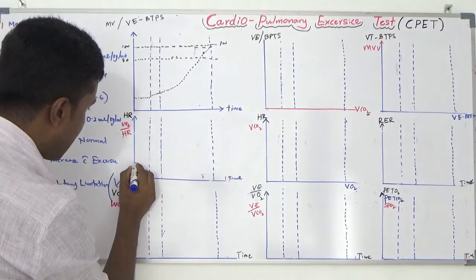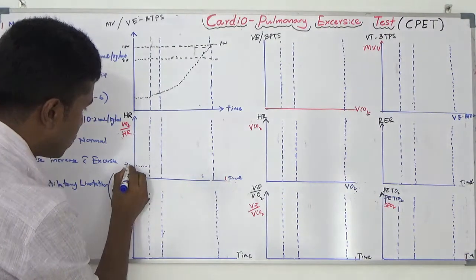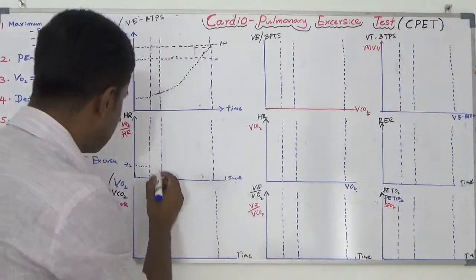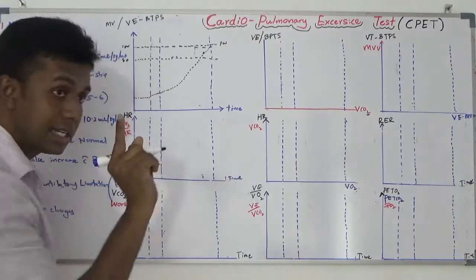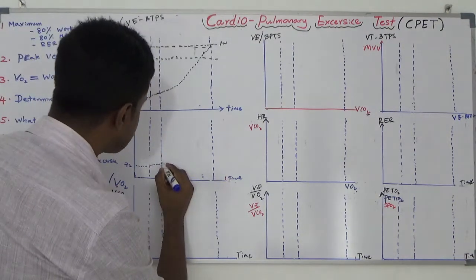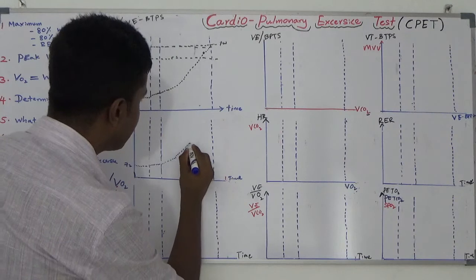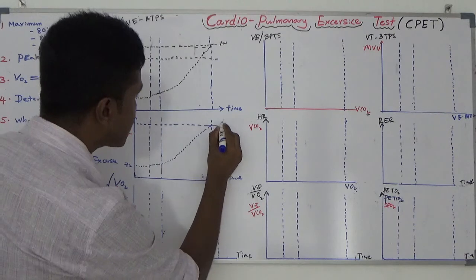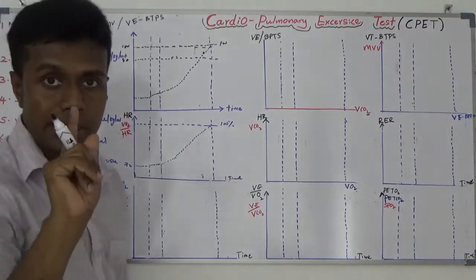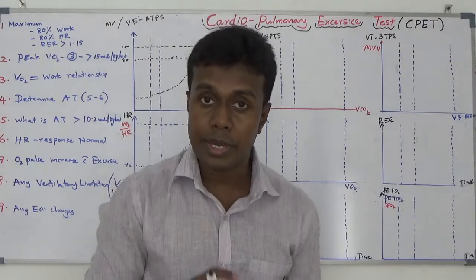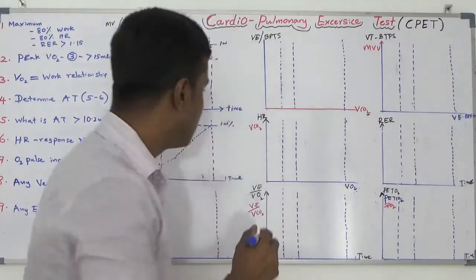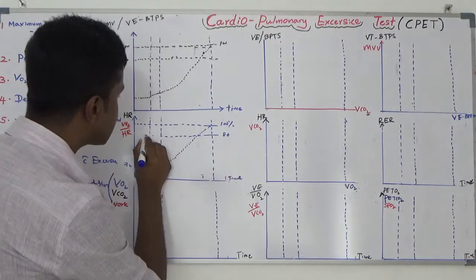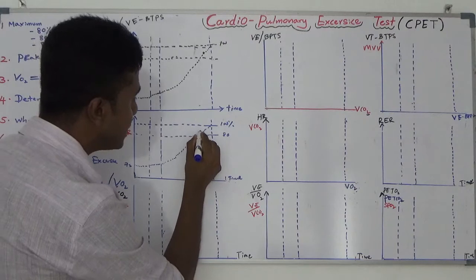Before unloaded exercise, heart rate is somewhere around 72. When I started unloaded exercise, it increased a little bit. When I started loaded exercise, it increased rapidly. If I am perfectly normal, it should come to 80 to 100% of the normal value. Here 80%, here 100%. That means during the exercise my heart rate should come into at least this area.